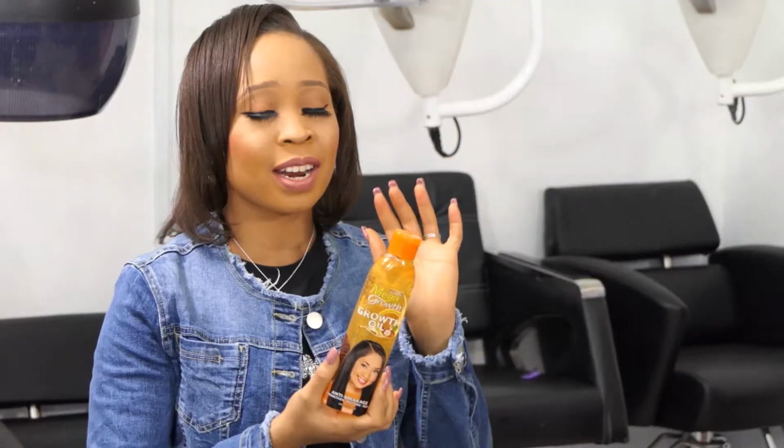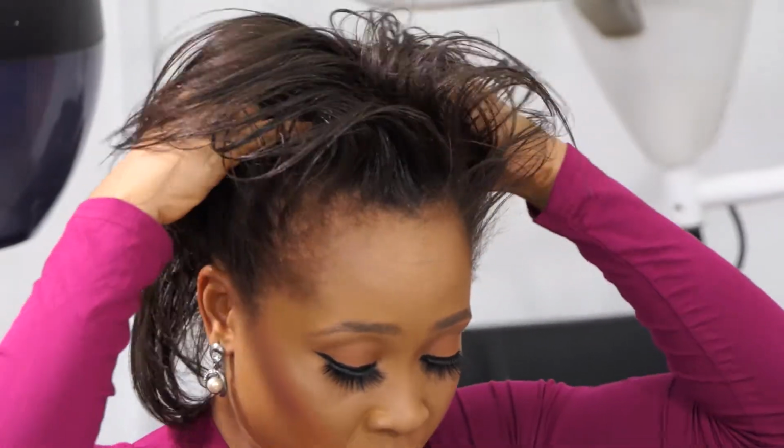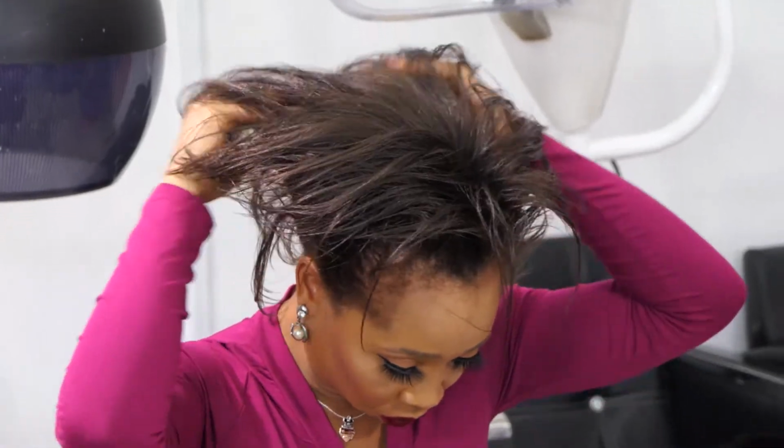I use the MegaGrowth oil for my scalp massages, and it helps to stimulate growth so well. Trust me guys, I have also done a video on how to massage your scalp using the MegaGrowth oil. This oil is amazing. It contains wonder oils, it contains soy, wheat, avocado oil. All of these help to promote healthy hair growth. So guys, watch that video, and before you even watch the video, I need you to get one of these MegaGrowth oil. Yeah, go get it so that when you're watching the video,